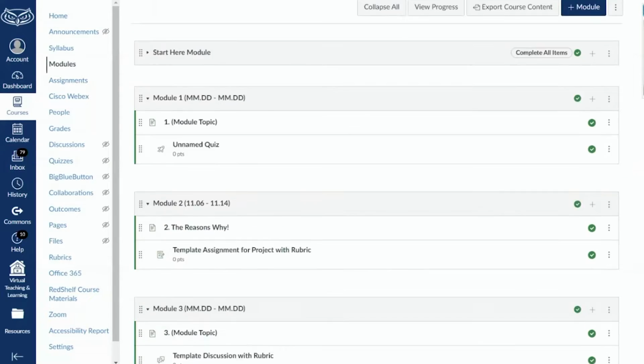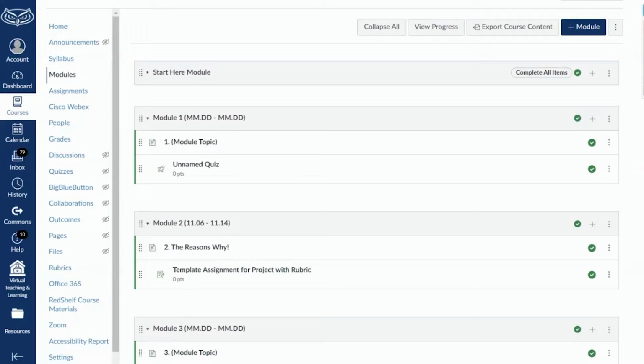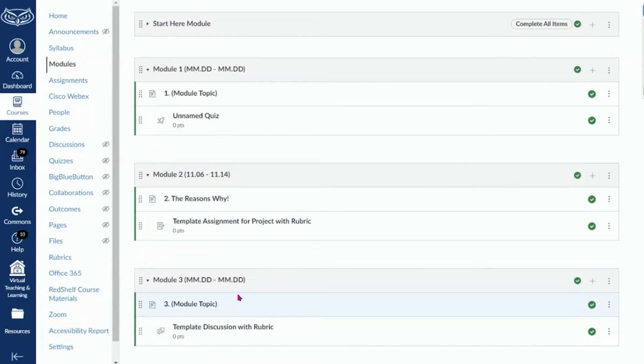For this template course, you'll see we have a Start Here module, and then the course is broken up into modules, or I like to think of the modules as weeks as well. So module 1 would be considered like week 1, and then module 2, week 2, module 3, week 3,